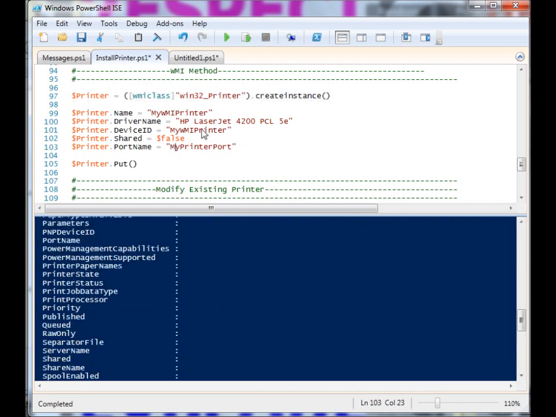We have to fill in all the information. So we have name, we have the driver name, which is that very specific string. We have device ID, which was not in the other one, but this is a unique name for the printer on your system. You can even disable sharing, so I disabled sharing on here, and giving it that port name. So I need to change it. We'll make this one 4. So once you have all that information filled out,